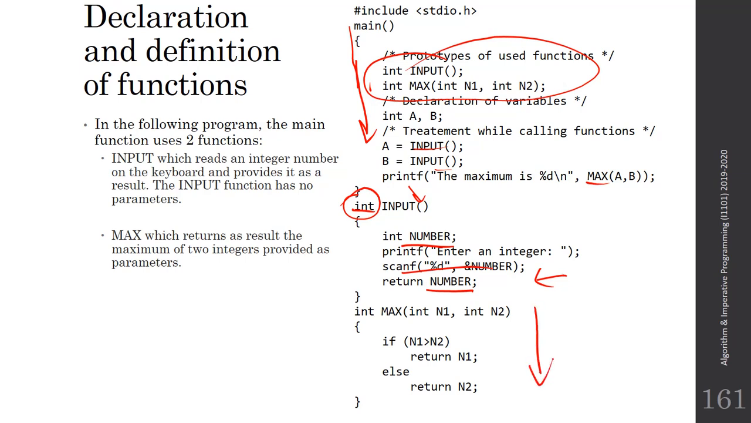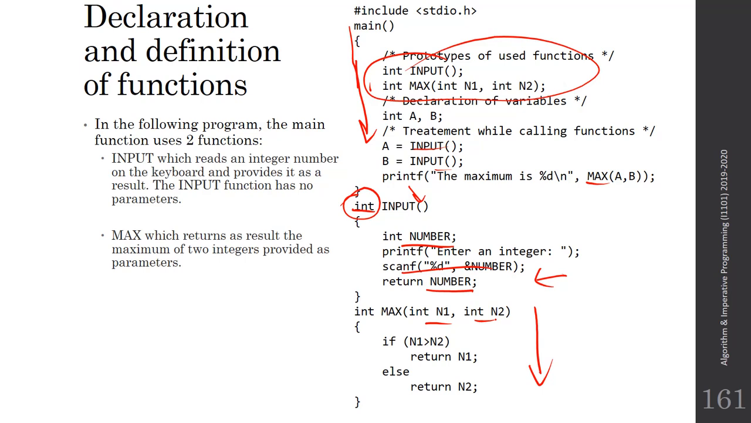And then we have the function max, which returns the maximum between two numbers, n1 and n2. So let's just pay some attention to the max. It takes two integers, n1 and n2. If I want to check the maximum, I just need to make a comparison. So if n1 is greater than n2, I should return the value of n1, otherwise I should return the value